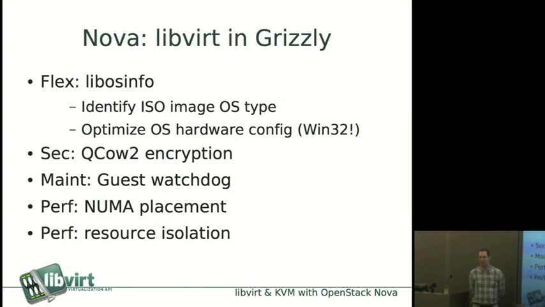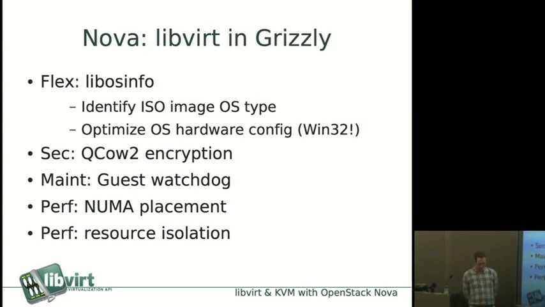Looking forward to the Grizzly release, which is the next one, shortly going into planning. One of the things is to make the configuration of virtual machines more flexible, so that we can have optimized hardware setup for lots of different operating systems. So Linux may use VirtIO. You can get VirtIO drivers for Windows, but if you want to run BSD or something like that in your cloud, you're not necessarily going to have VirtIO. So we want to use a library called libosinfo to figure out what the optimal hardware configuration is for running instances. And also identify what type of OS is in an ISO image. So again, we can optimize the